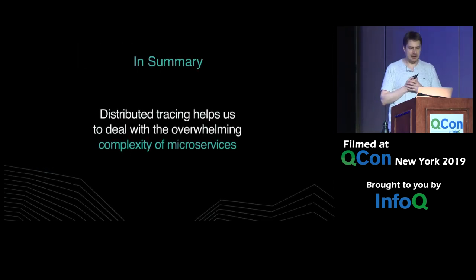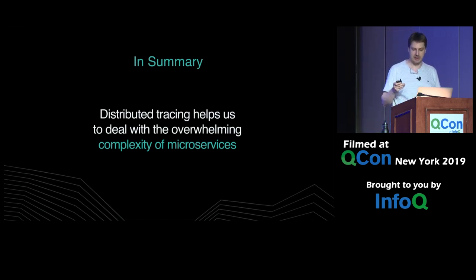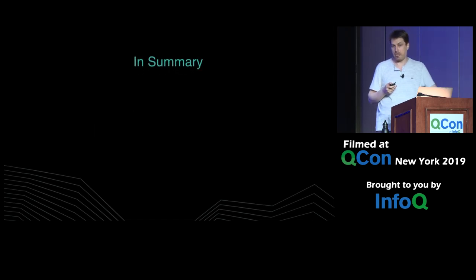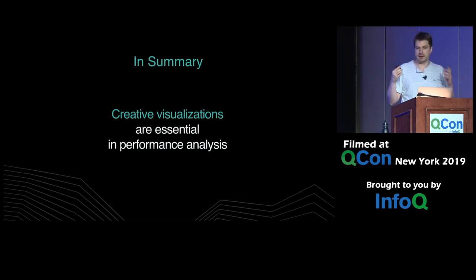And to summarize, distributed tracing is definitely one of the most helpful tools, observability tools at least, for understanding and tackling the complexity introduced by microservices. Visualizations are an important part of that because the tools themselves collect so much data that it's very hard to just look at that data in the raw format. So visualizations help our visual cortex to process that data much quicker and narrow down things that are important out of this mass of data. And finally,